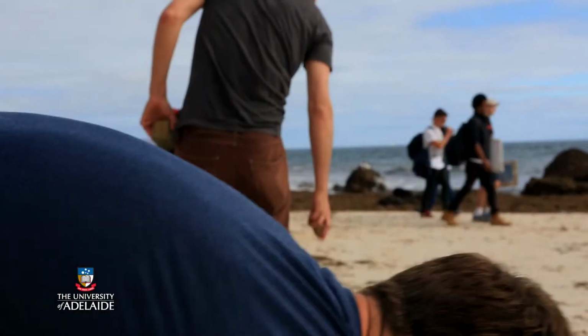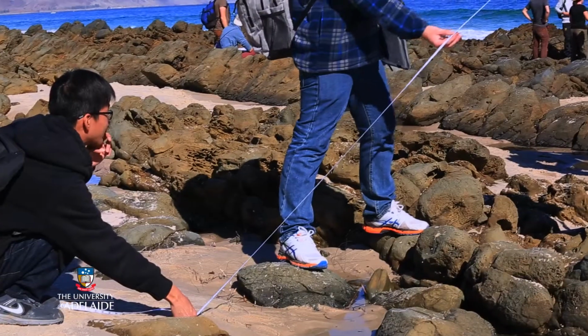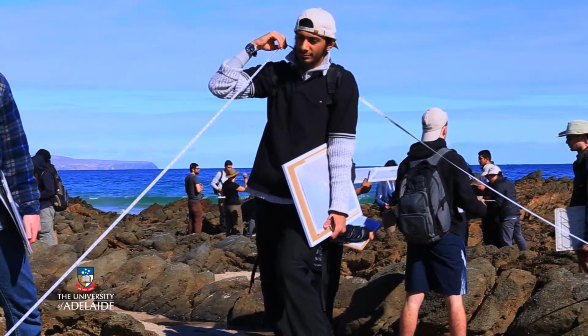Not only do we learn about underground structure and where oil will trap and when it trapped, we also learn about the different rock types. So out on this field trip there's 5 different rock types. We can work out which one will be our reservoir rock, seal rock, source rock and overburden. This tells you which rock layer might be accumulating the oil, which rock layer might be trapping the oil by sealing the top of the structural trap, and also which one will be providing possibly a good source for that